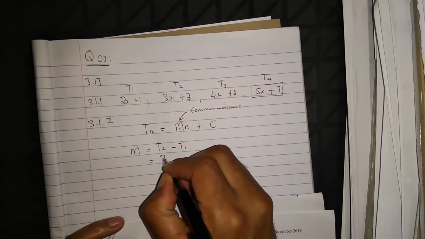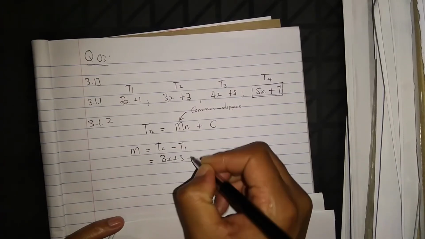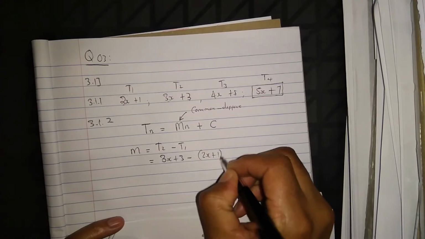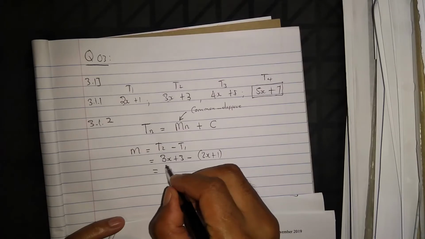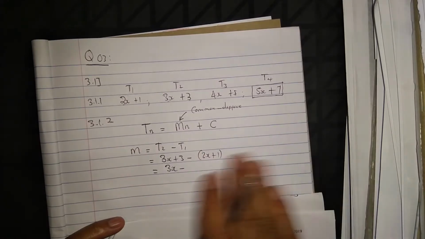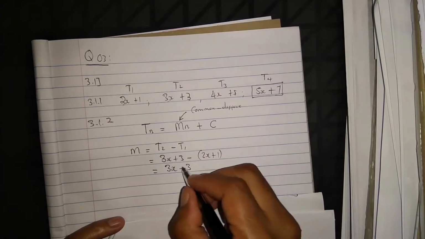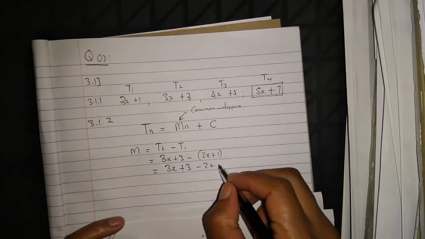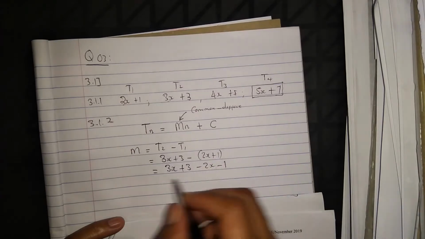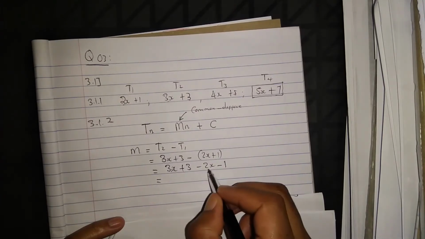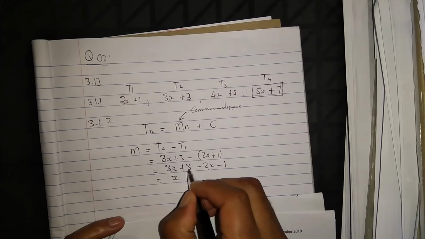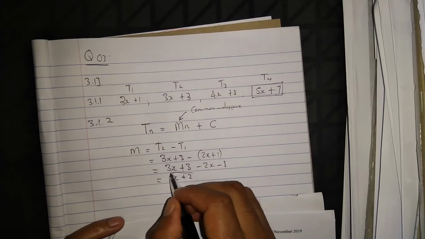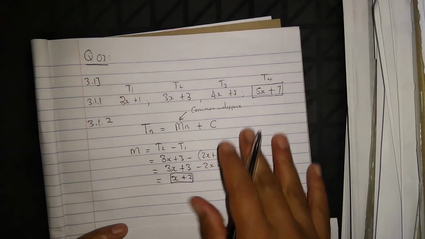What's the value of T2? It's 3x plus 3 minus what's T1, 2x plus 1. So now you simplify here, you're going to get 3x plus 3 minus 2x minus 1. Distribute the negative sign inside the bracket. 3x minus 2x is x, 3 minus 1 is plus 2. So m is actually equal to